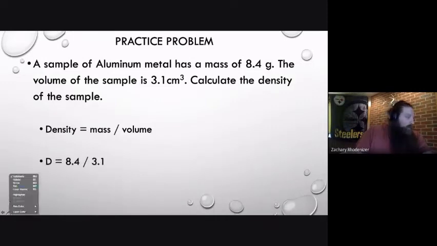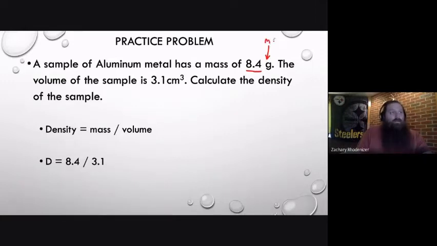Let me grab my pen here. Okay, so there's my mass unit. So this tells me there's the mass, okay? And it says the volume of the sample is 3.1 centimeters cubed. Now, even though it doesn't say the volume is, I know that because I have a cubed unit,